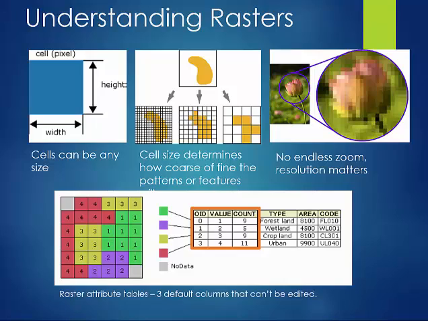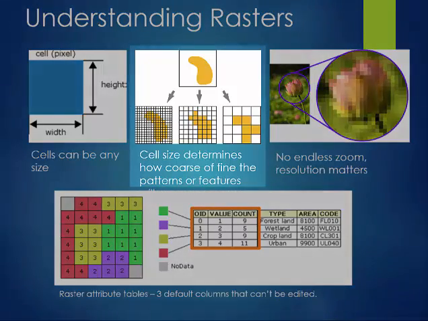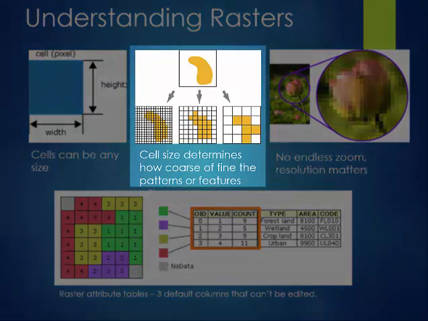However, the greater the number of cells, the longer it will take to process, and it will increase the demand for storage space. If a cell size is too large, information may be lost or subtle patterns may be obscured. For example, if the cell size is larger than the width of a road, the road may not exist within a raster dataset. In this diagram, you see how a simple polygon feature would be represented by a raster dataset